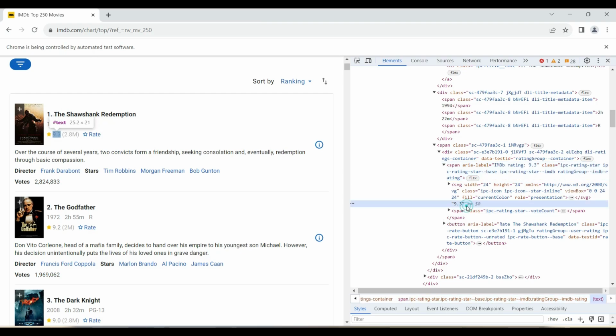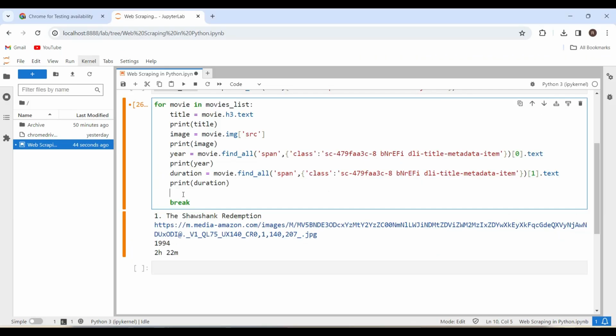This is a 9.3, right? So this is the span. Just copying this class. So what I'm going to write here is IMDB rating is equal to movie.find. Okay, find_all will fetch all the possible matched ones. If I use just find, you'll get only the first one by default. Span, comma,